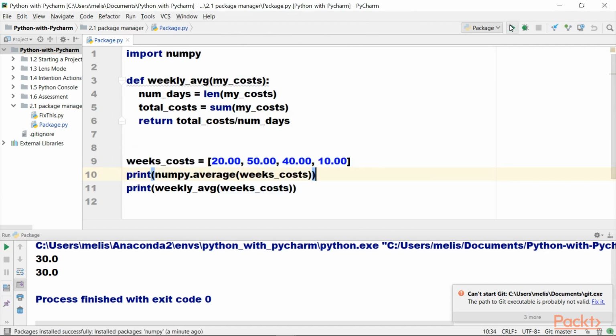And we can see that we do in fact get the same value, $30, using my method as well as Numpy. A nice feature about this is that packages tend to be, hopefully, more robust and better tested, so I have to worry less about my code breaking and can hopefully trust that others have done it well. So now that we've installed a package through PyCharm,